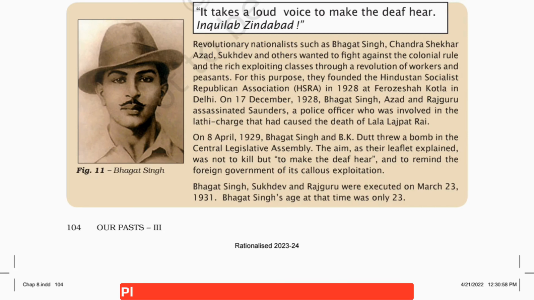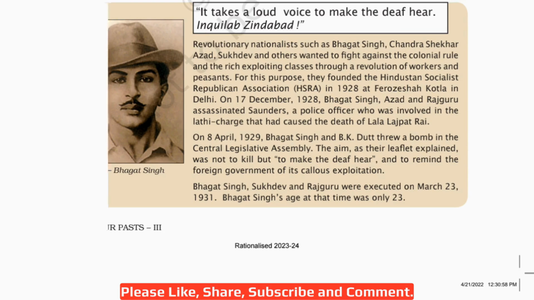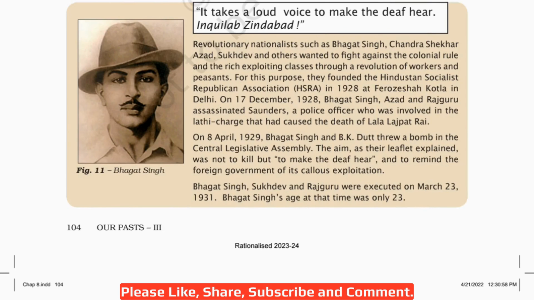So there was a protest against the Simon Commission led by Lala Lajpat Rai in Lahore. Lala Lajpat Rai was badly hurt and he died on 17 November 1928. And Bhagat Singh assassinated the policeman who ordered all this. All this violence, he wanted to fight injustice. He wanted to change unfair laws and build a free and fair India. But he was hanged at the age of only 23.